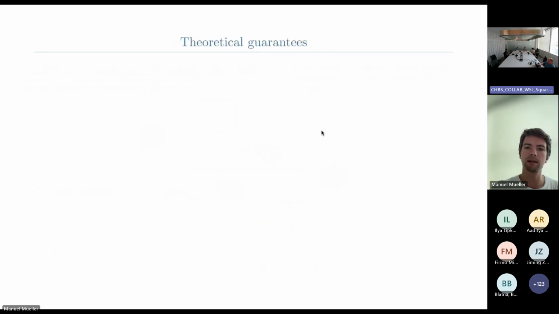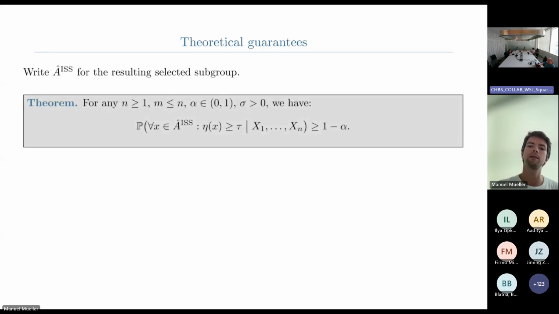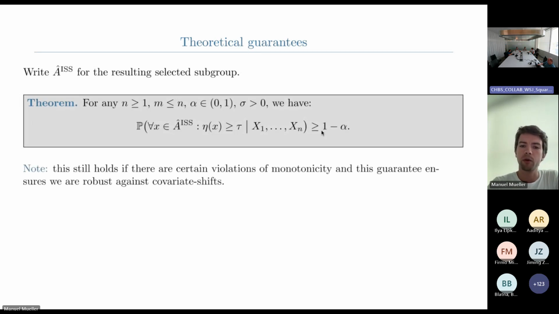The resulting set I'll denote by A hat ISS, for isotonic subgroup selection. And our theory tells us that we have a finite-sample, very strong type 1 error guarantee, even conditionally on the covariates that we observe. So we can also use this for any kind of fixed design setting. We also have some results showing that we can tolerate some violation of the monotonicity assumptions that we made.